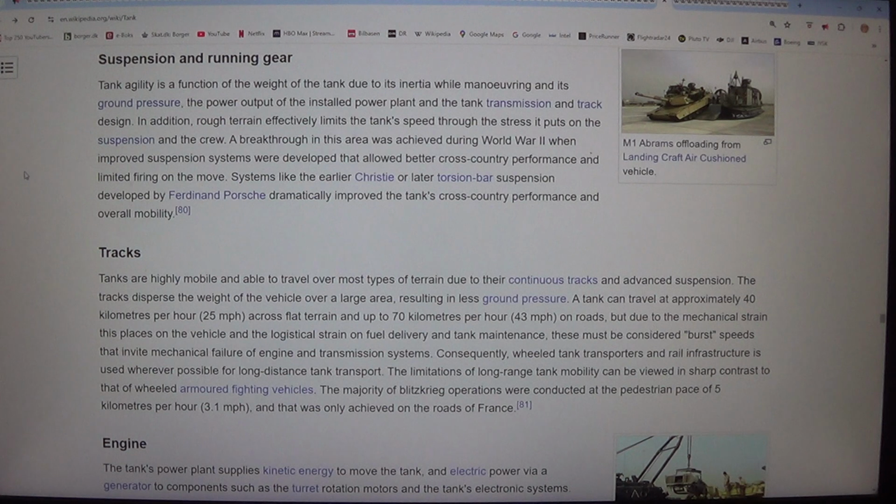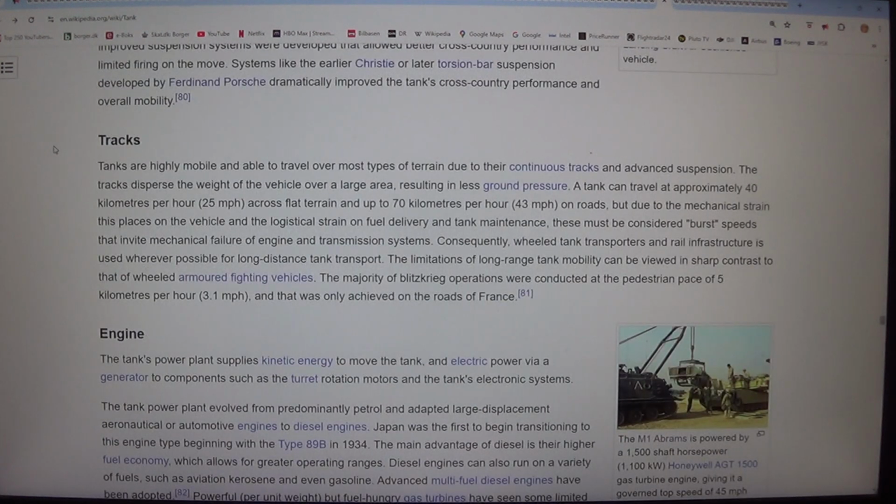In addition, rough terrain effectively limits the tank's speed through the stress it puts on the suspension and the crew. A breakthrough in this area was achieved during World War II when improved suspension systems were developed that allowed better cross-country performance and limited firing on the move. Systems like the earlier Christie or later torsion bar suspension developed by Ferdinand Porsche dramatically improved the tank's cross-country performance